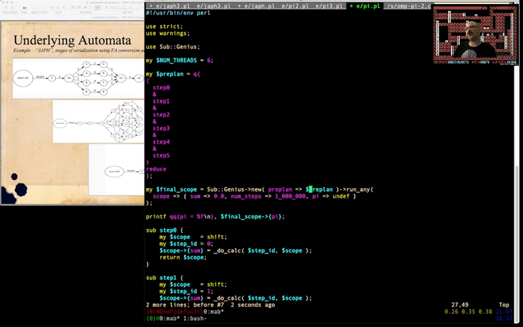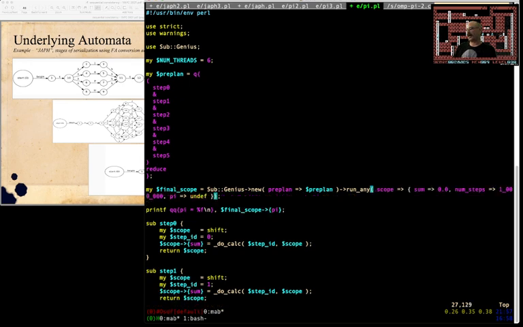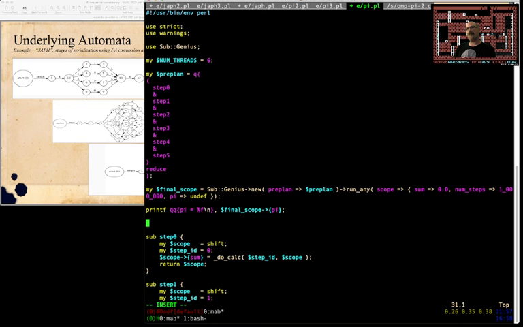So when this is called in this way using the run anyway, the final result or the final scope is returned. So I'm capturing it. So this single line here is executing everything and capturing at the end the final result. And then this is just printing out the final value of pi that we